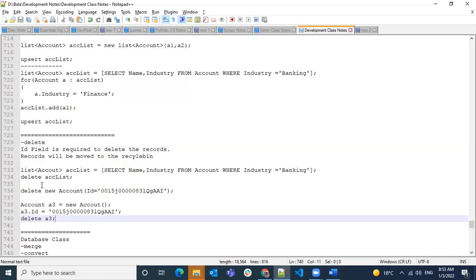Let's say you're doing an insert operation on 100 accounts as a list, and out of the 100, one or two accounts have some issue with the data, so required fields are missing or validation rules are failing for those two records. So it will fail, right? Because of these two records, the entire operation will fail.